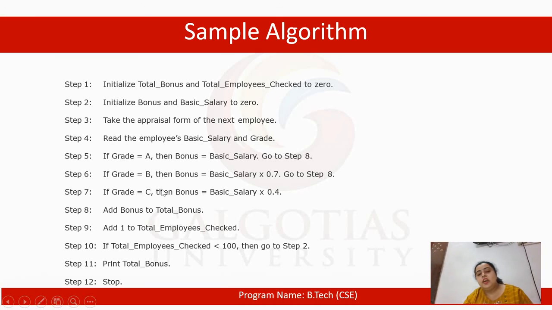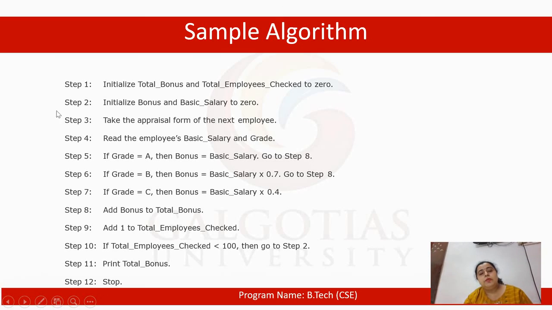In step 5 also, if grade was A, obviously it cannot be B and C. So we were supposed to skip steps 6 and 7 and go directly to step 8. Right? So we add bonus to the total bonus, and add 1 to the total employee check. Now we are saying total 100 employees are there, so we need to check whether it is less than 100 or not.